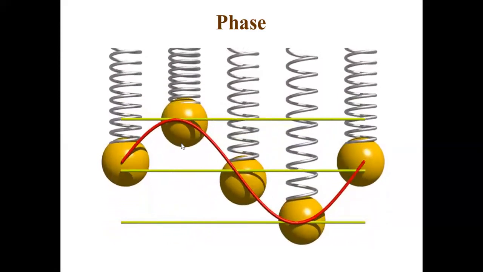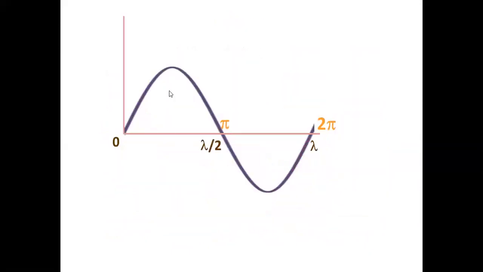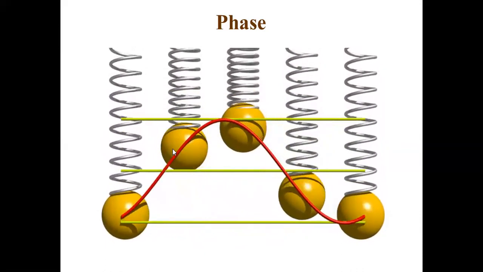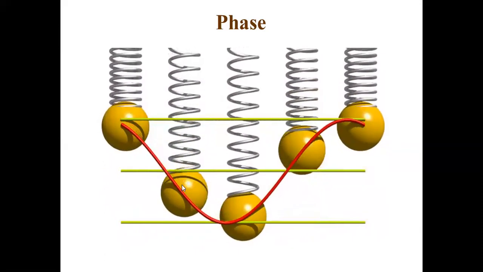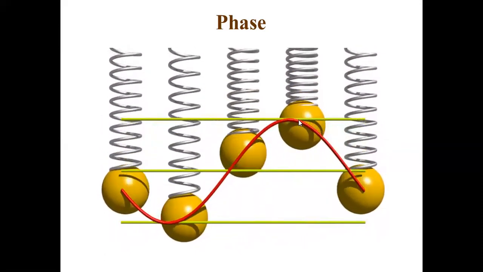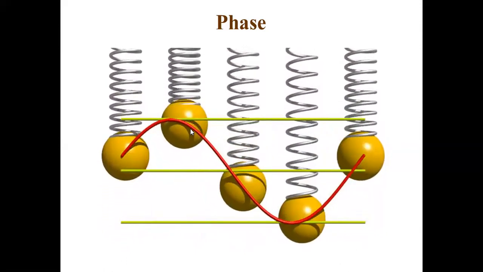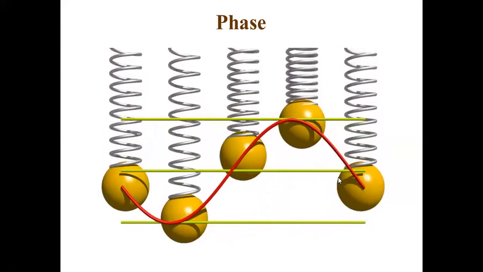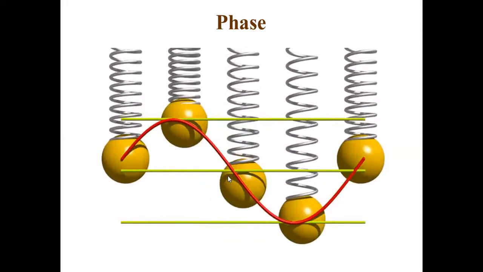What about this one? Do you have any other particle which has a phase difference of 180 degree? Here and here, you see, I said that. This one and this one, this one and this one, they have a phase difference of 180 degree. Second one and fourth one, quite opposite. That means when this completes half rotation, this will start. So when this goes to the crest, this is at trough. When this comes to trough, this goes to the crest. So they have 180 degree. What about this and this? Third and fifth, they are also 180 degree, right?